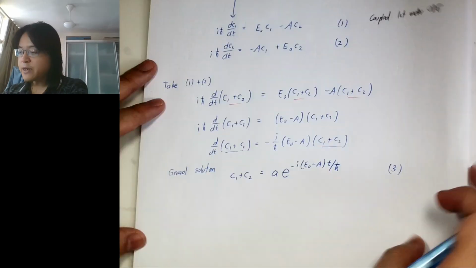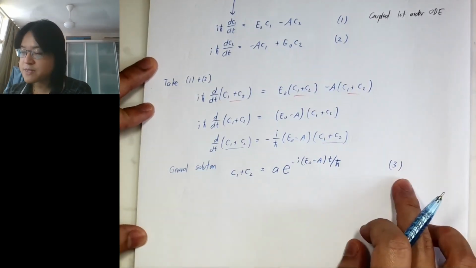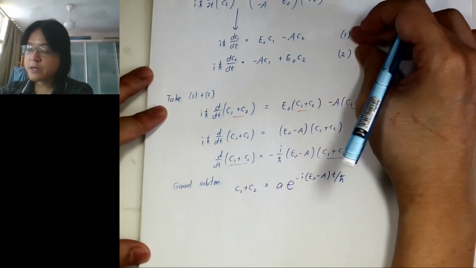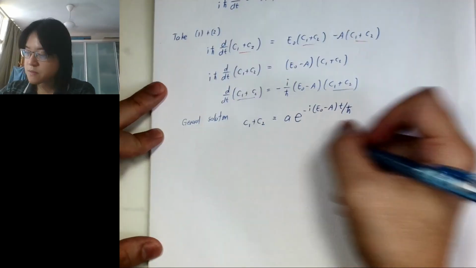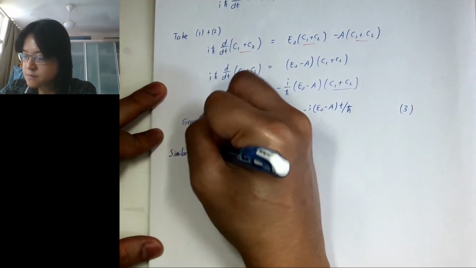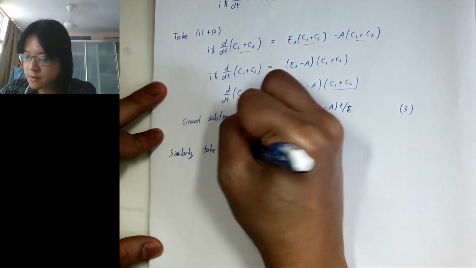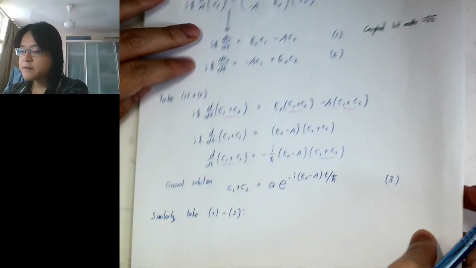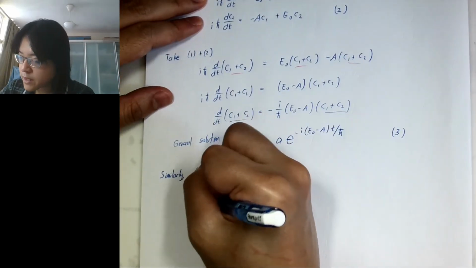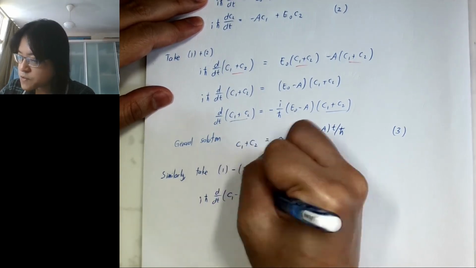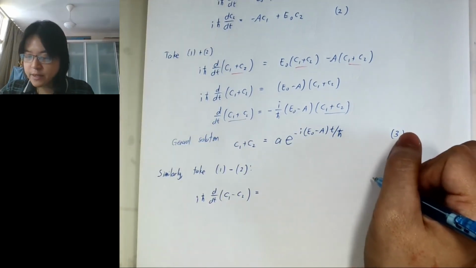So, yeah, where were we? So we have solved C1 plus C2 already, right? But notice that we can also take equation 1 minus equation 2, right? So similarly, take equation 1 minus equation 2, and we get another solution. iħ d/dt of C1 minus C2, right? And then